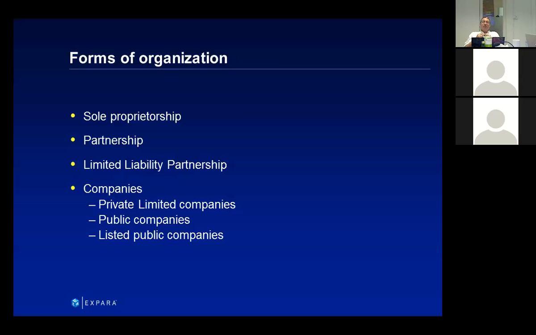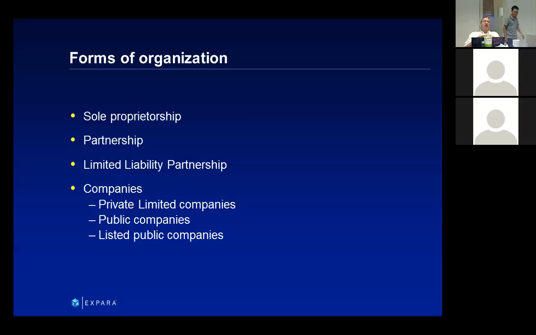Can you give an example of a business that is not a company? Sole proprietorship or partnership or limited liability partnership. Okay. So let's say you and I set up a partnership. We register our business name. We start conducting business as partners. But our business is not a company, meaning legally we're just two people working together.